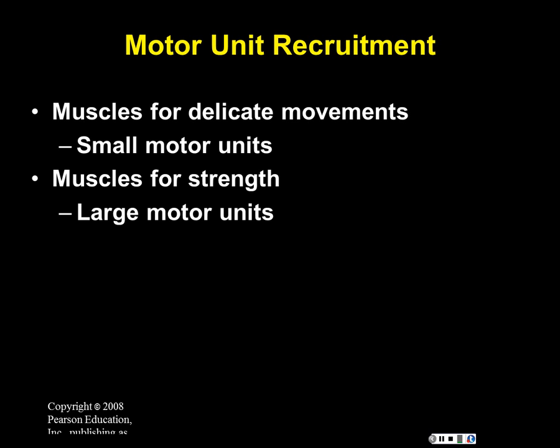What that means is one nerve controls fewer muscle cells at the same time. Conversely, muscles that are used for power, like those in your legs and your arms, have large motor units because one nerve cell can activate lots of muscle cells at the same time